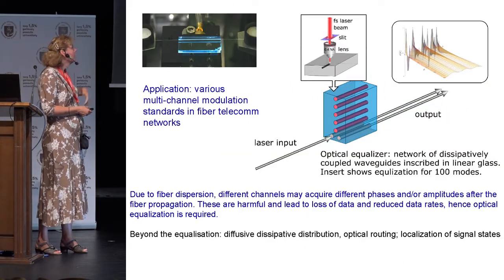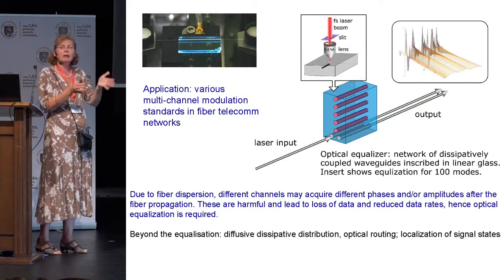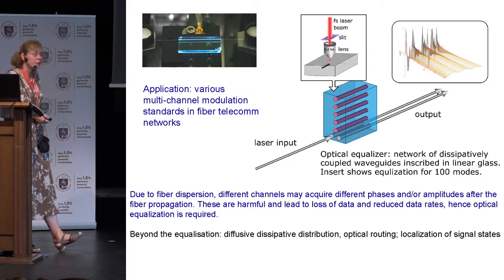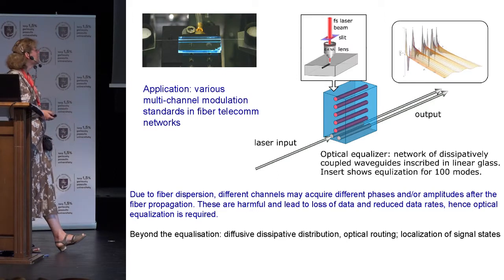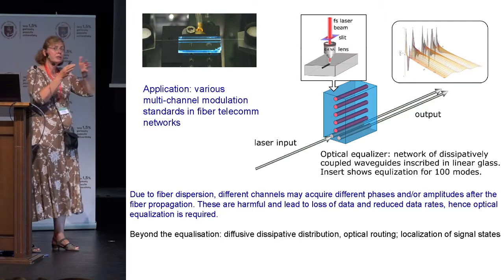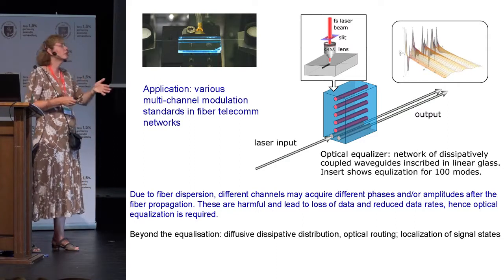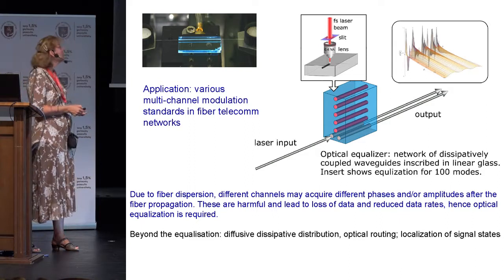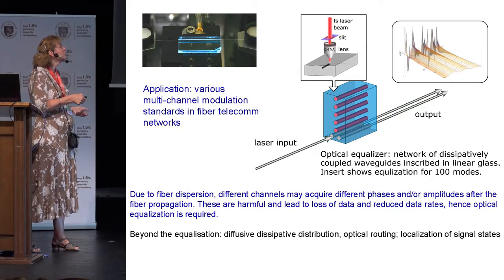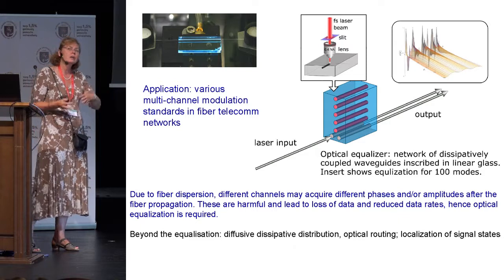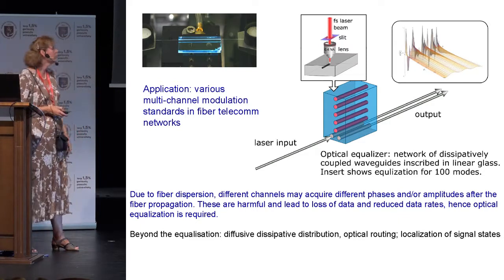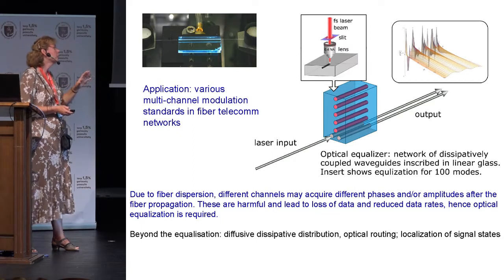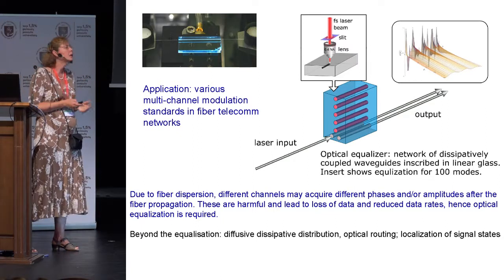And the first ideas in this purely classical realm would be even applications in some telecommunication standards, where the problem is that due to fiber dispersion, different channels get slight fluctuations in amplitudes and phases, which is actually bad for the signal transfer. So this equalizer can be used. We can try to think how to adapt this equalizer for removing this problem, and so on and so forth. This would be the more telecommunication-oriented part.